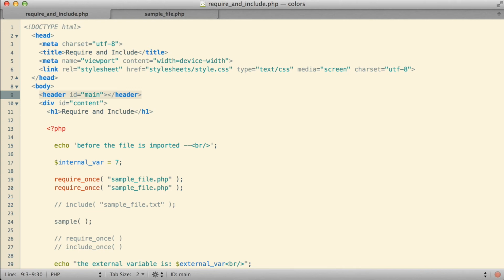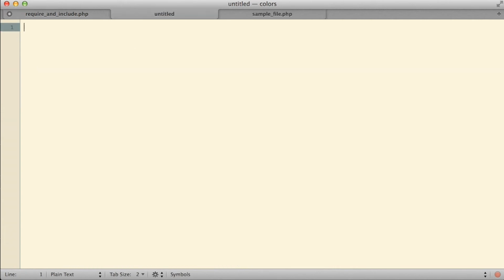Let me take that header from this file and I'm going to cut it out. I'm going to start a new file, I'm going to paste it in there, and then let me save this file. There we are. I saved the file as